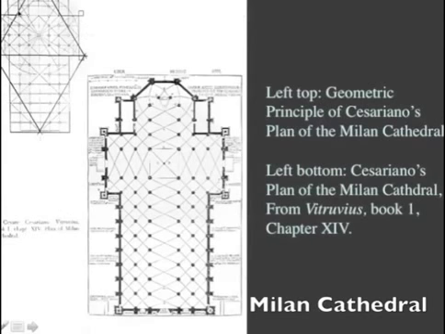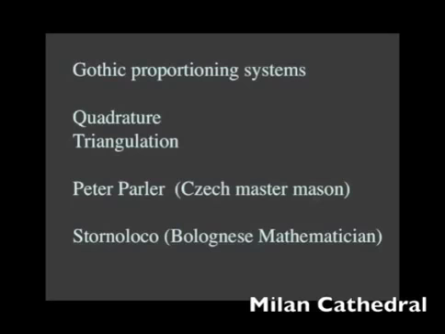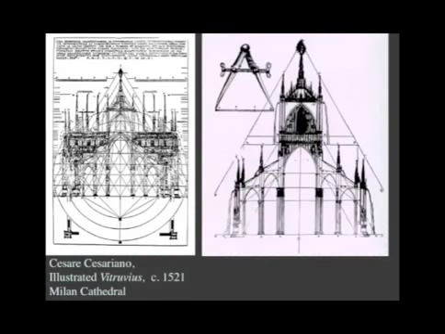But for the most part, Cesariano's drawing emphasizes this idea of the big triangle organizing the whole. He's using quadrature from the Peter Parler scheme, the Czech master mason, and triangulation that gets superimposed by the Bolognese mathematician. So, looking great. Of course, these drawings that Cesariano does are not really descriptive of the Milan Cathedral because